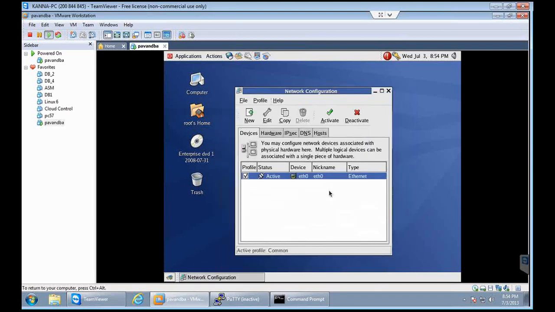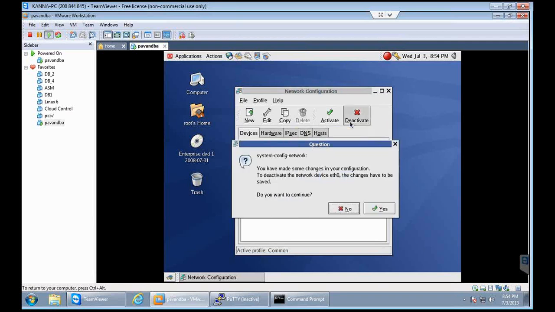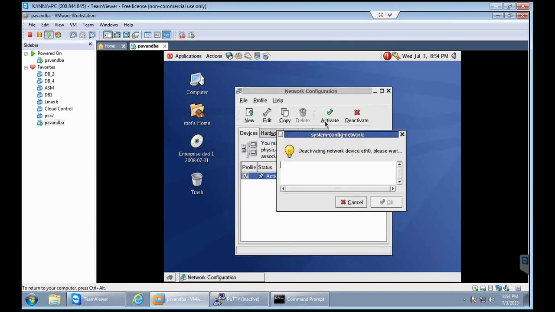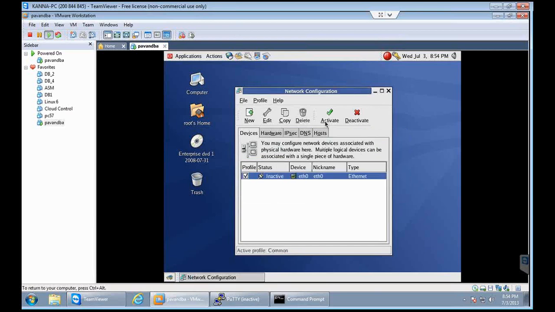I have changed this IP address. Once we change the IP address, it is better to deactivate and activate your network once again. Now you can see it is in inactive state, so I am just making it active.